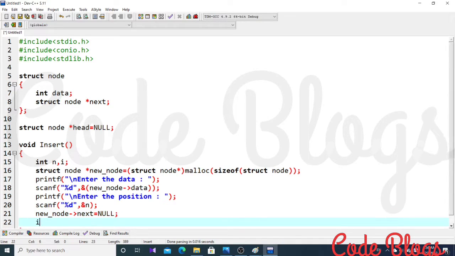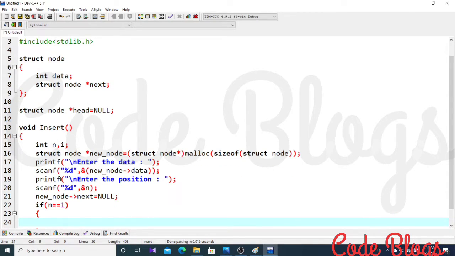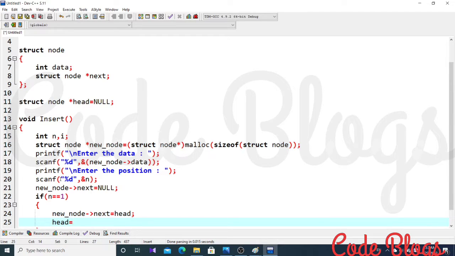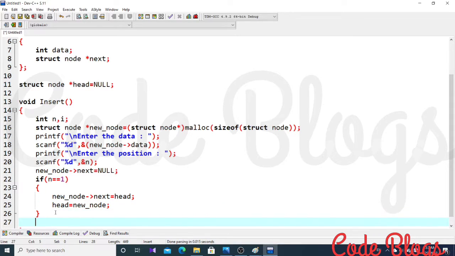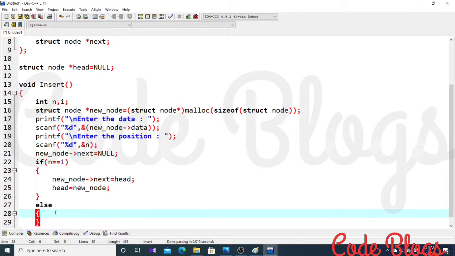Now if I want to add data at the first position, in that case new node next points to head, and head points to new node. I have explained this in the earlier video. If you have not seen the first video, then go to that video and see the explanation. Else,